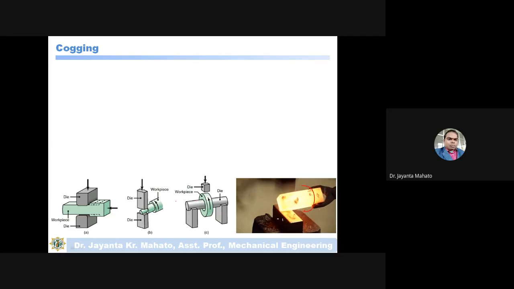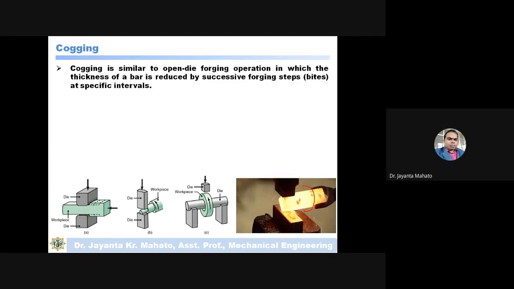Okay. You are applying a compressive force, and along with applying a compressive force, you are rotating the workpiece. Okay, in the blacksmith, I think some of you have seen this type of process: they take the heated material and hammer it, means applying a compressive force with a hammer, and simultaneously they are rotating the hot specimen also. Okay, so in this way, you can convert from the rectangular shape to a circular type of shape.